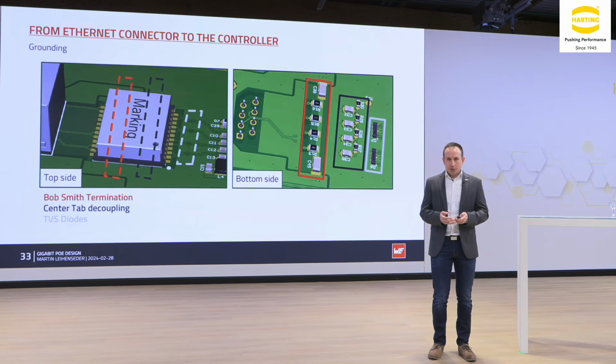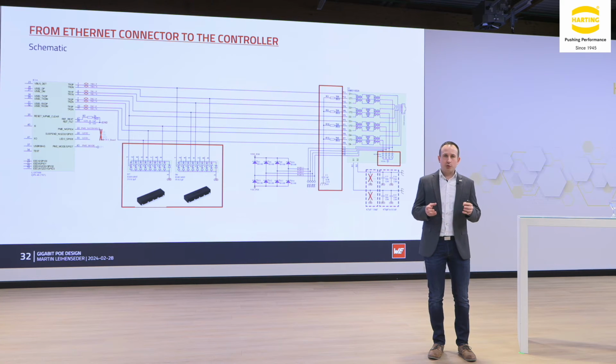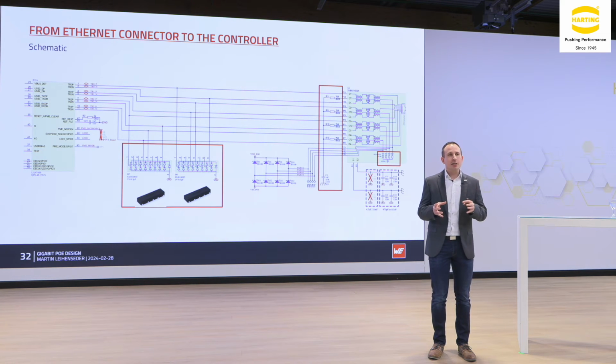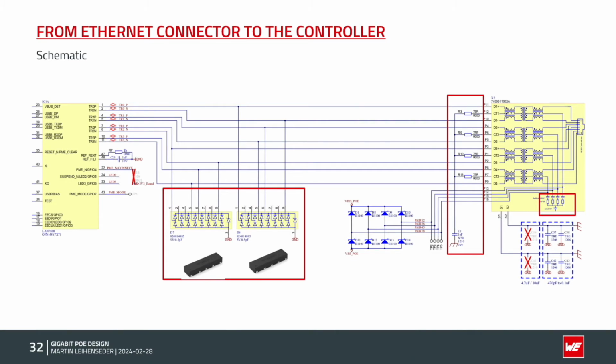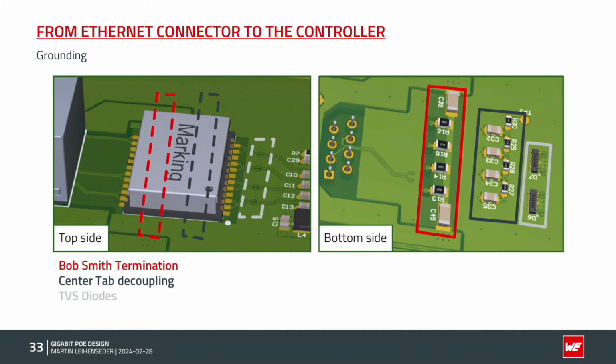I'm switching now back to the last slide here to show how we designed this. Those components are very small, and it's very important to put the TVS diodes very close to the transformer, and also the ground termination very close to this transformer. And here we can see this